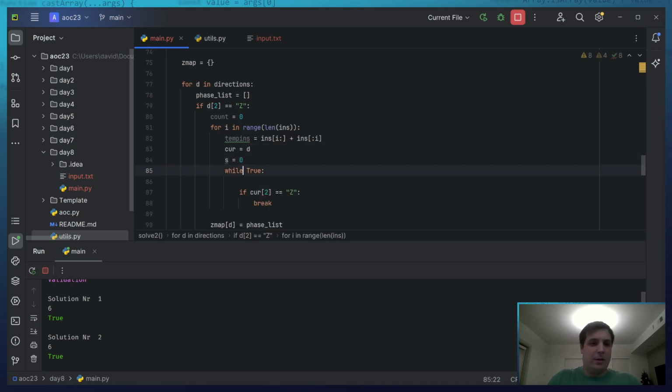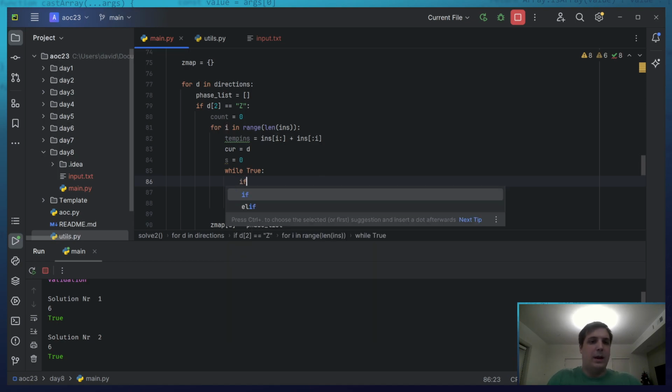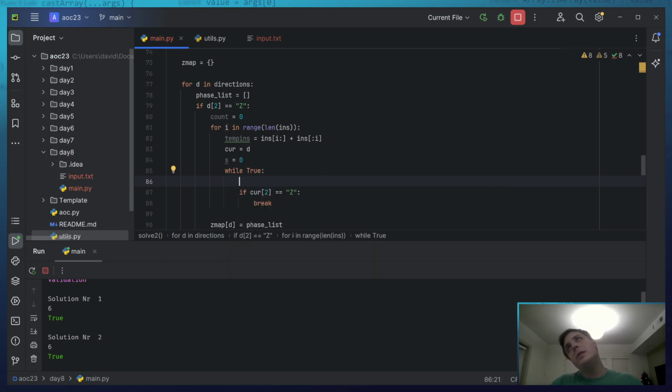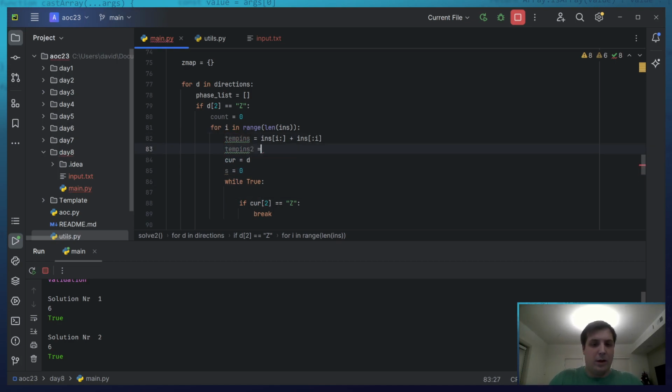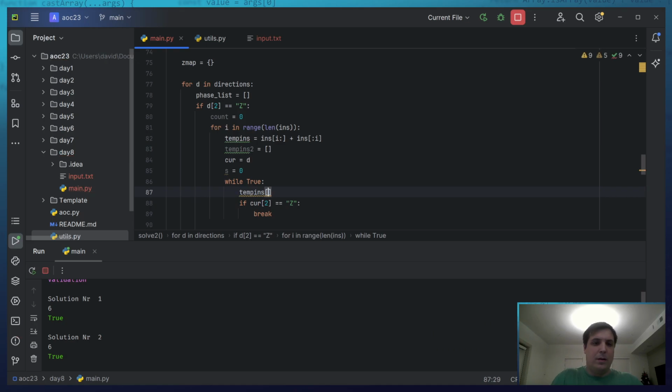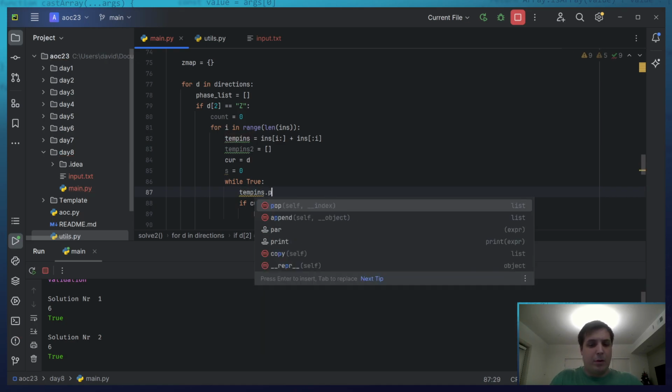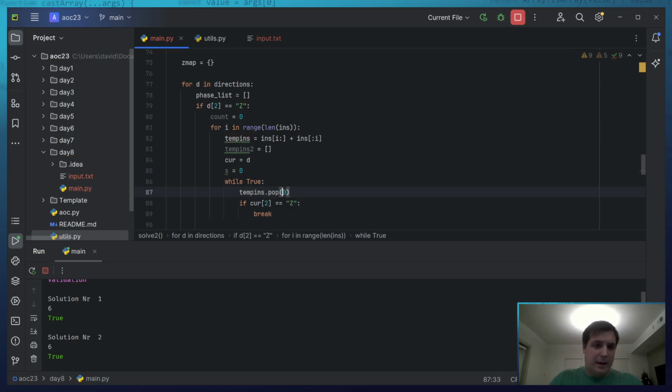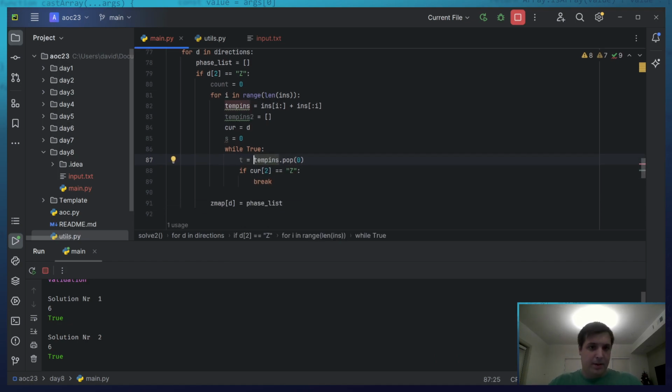So s equals 0, that's my current step. Temp ins 2 equals this. So I say temp ins dot pop left. So that's T. Can use T still.